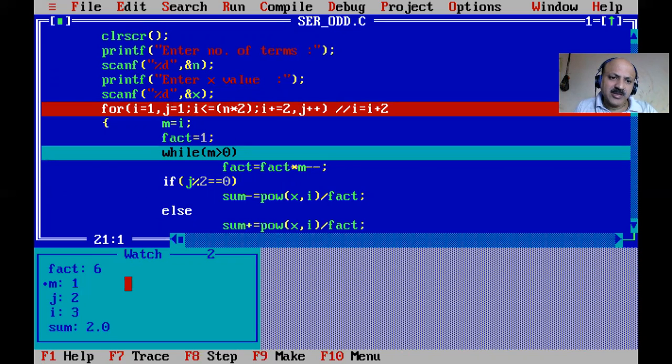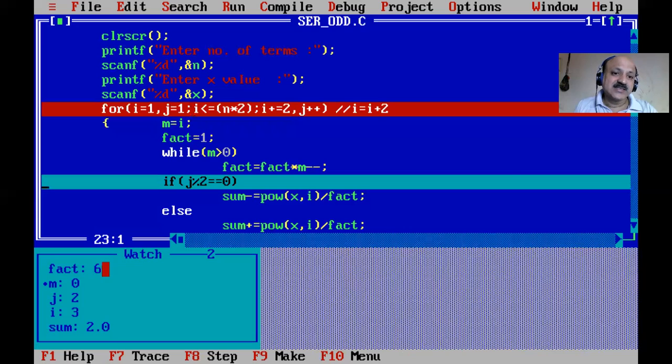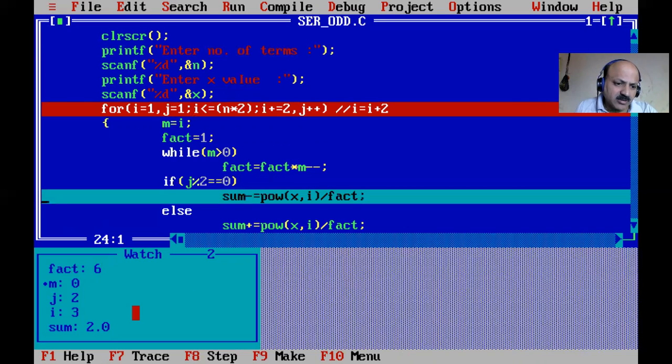And now I minus minus, so m is greater than, yes, m is 1, but 1 multiply 6, so that is 1 and 0, yes. Now so that is 6, yes, 3 factorial 6 we exactly find out. And j modulo 2, yes, that minus, so that our 2.0, and that x is 2 raised to x I is 3, so that is 8, and divide by 6, so 0, that is a